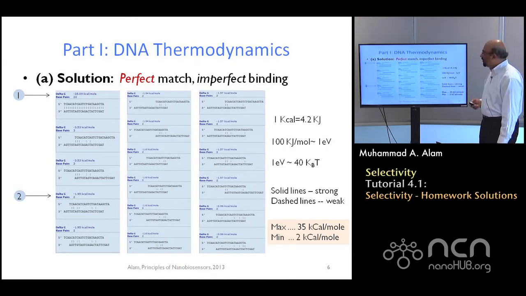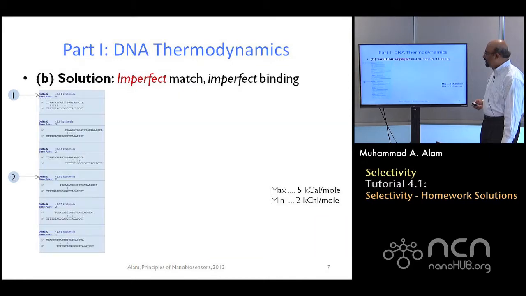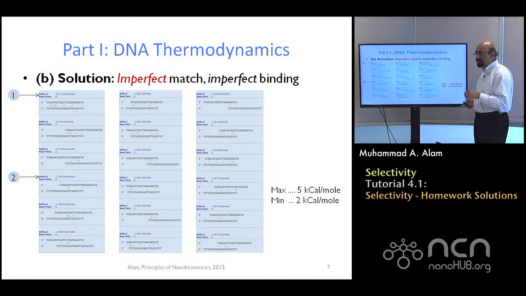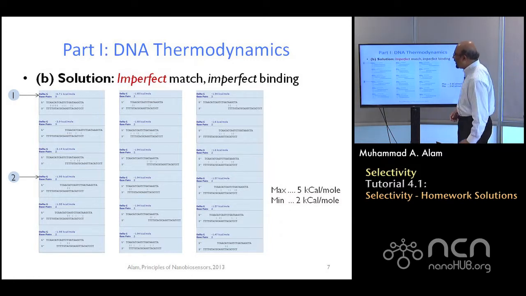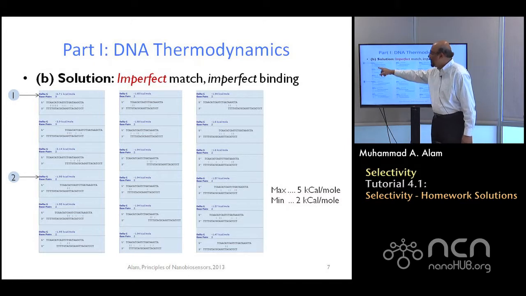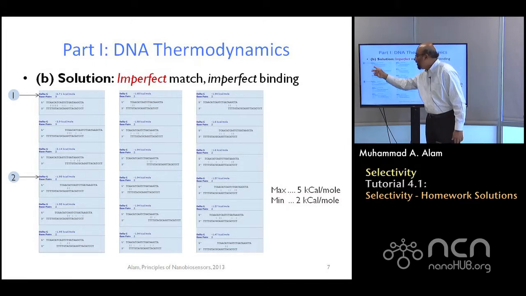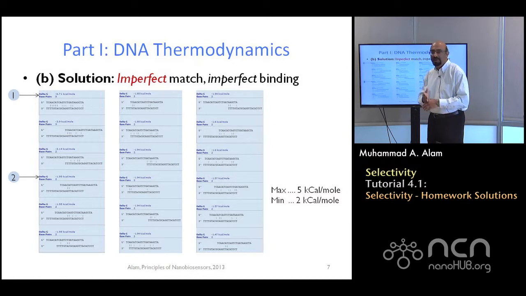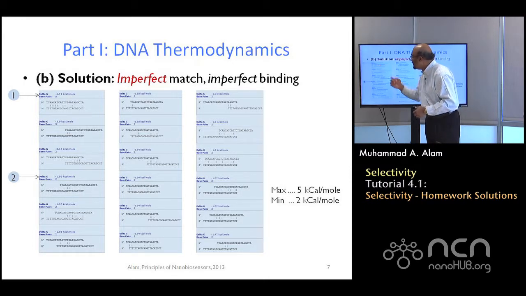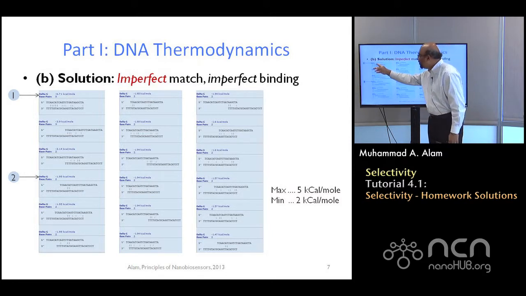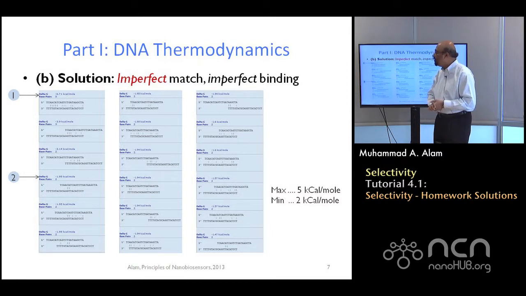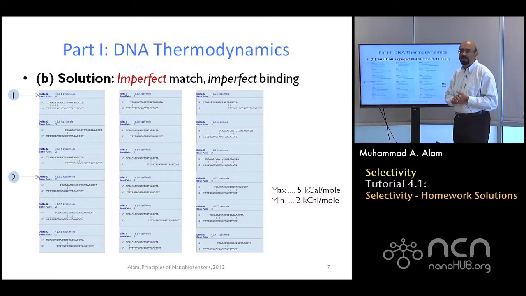Now this is for the case of perfect match. What about imperfect match? Well, for the case of imperfect match, again you can go, remember that's the second sequence with the parasitic molecule. This time things are a little bit better, because you can see that in the imperfect match, although it's imperfect, there are at least 5 places where the neighbors still find within the long sequence there is good binding. There are a set of about 6 where the binding is relatively weak. And on average, you have for the 5, about 6.71 kilocalorie per mole, approximately 1 or slightly more than 1 kilocalorie per mole.